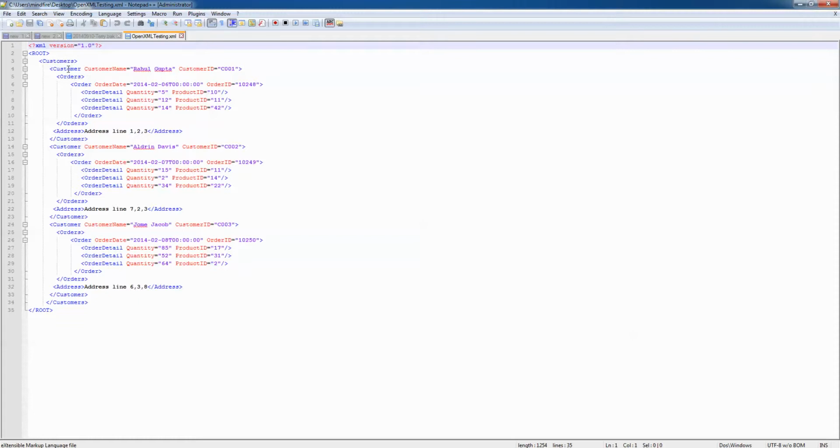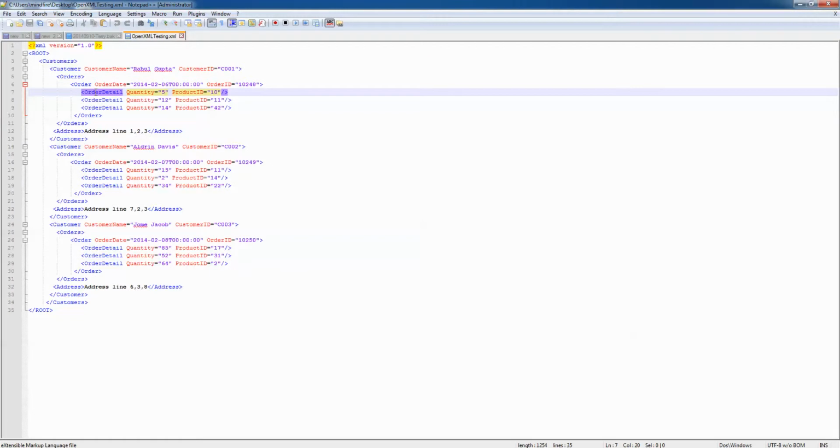As you can see in this file, we have the customers node which internally has the customer node, having customer name Rahul and customer ID, which internally has the grandchild level node orders, and internally the order with order date and order ID.